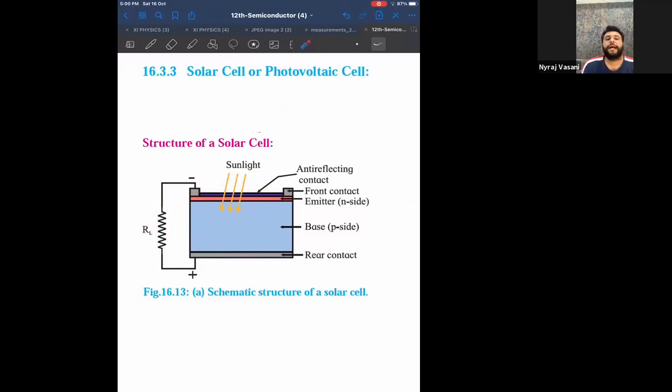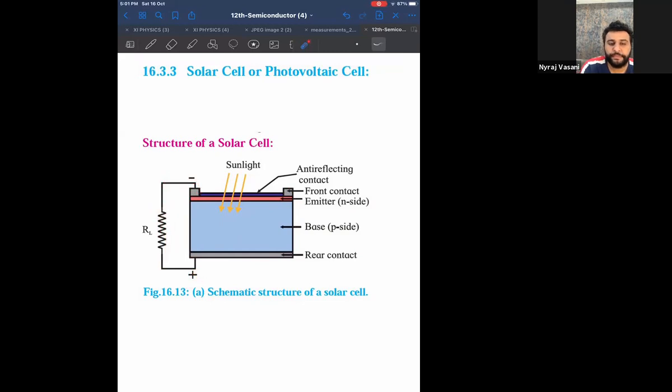What does RL stand for? RL stands for load resistance. What does load resistance mean in electronics? It means some device. For example, I can connect it to a heater, I can connect it to a washing machine. Any electronic device is called as load resistance. Now listen to this. The diagram you can draw same as that of a PN junction photodiode. But here, what is the only difference? Here, all the current that is generated with the help of the front contact and rear contact, I send it to some other device. That is the only difference.